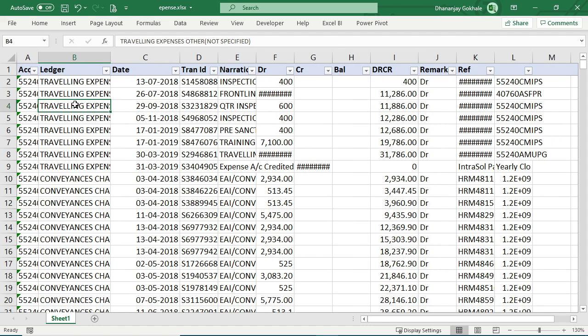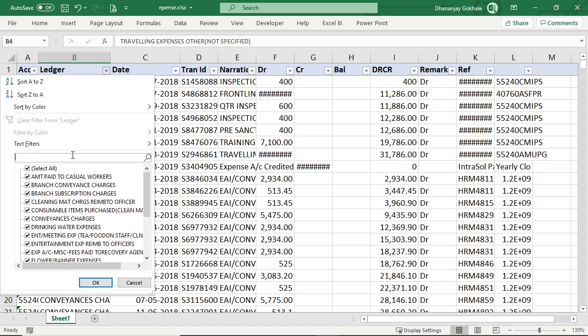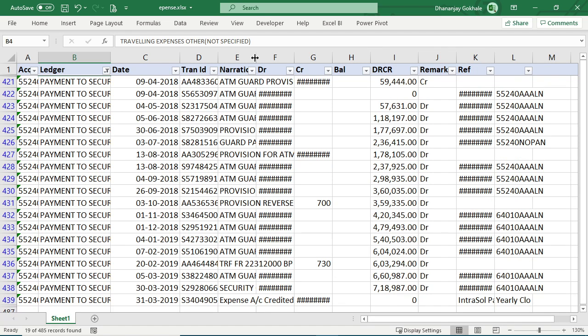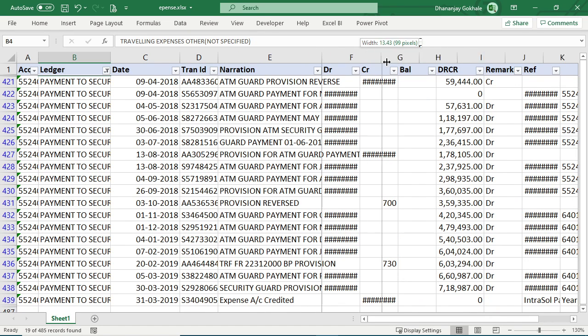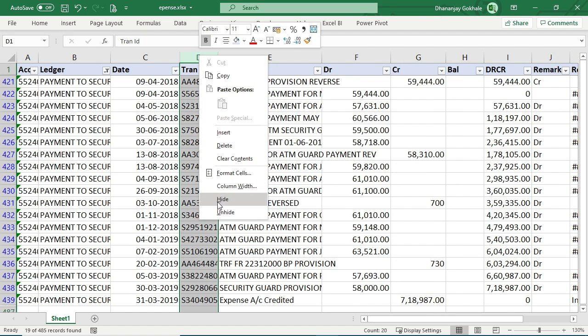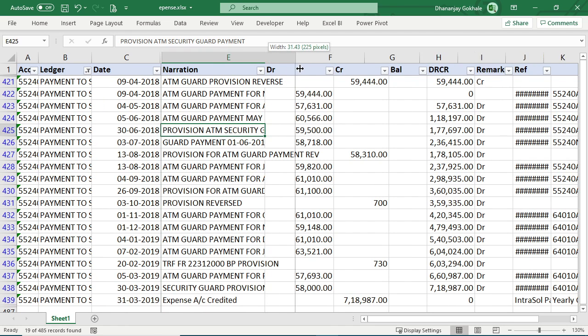Now let us take some ledgers for scrutiny. Like in security guards, like Abhijit sir said, in security you have to check whether RCM is done. So I will take the payment to security guard for expense. I will expand this narration column, debit column and credit column, and the rest of the columns you can simply hide. So as you can see on the screen,